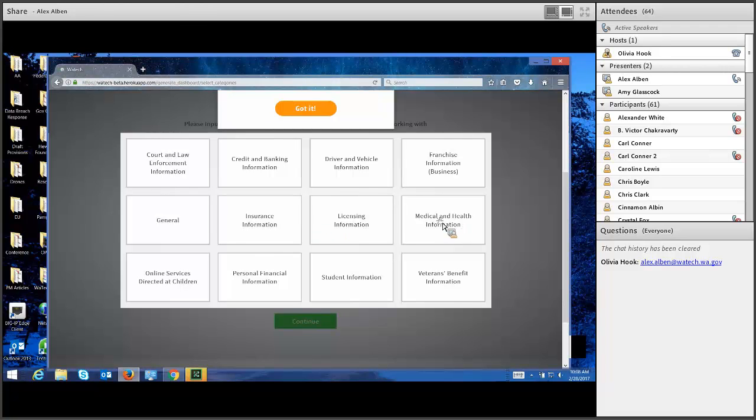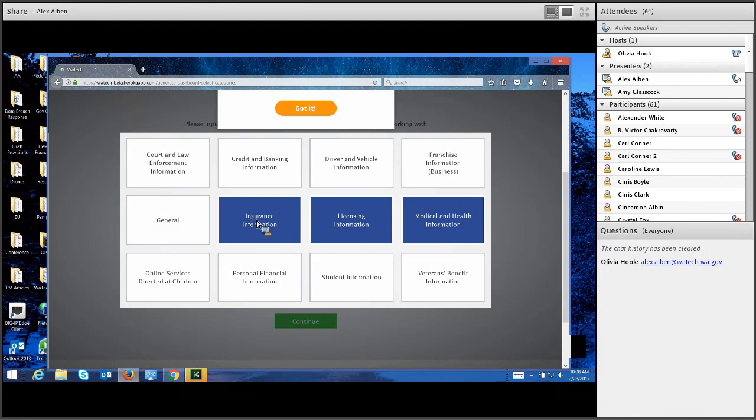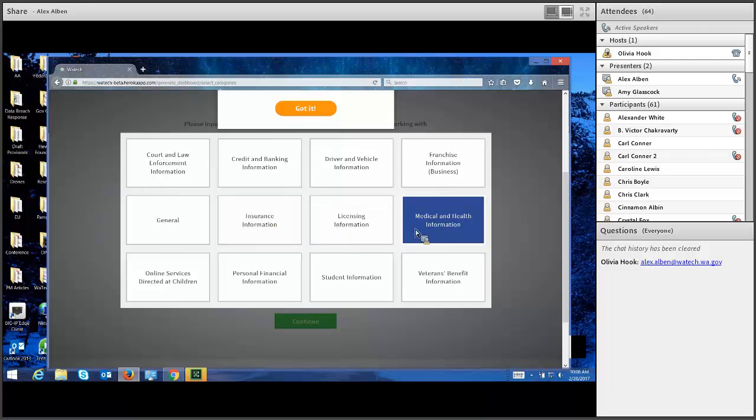You know, do you work in medical? Do you work in licensing? Do you work in insurance? Now you can click on any or all of these tiles. The product, I think, gives clearer results if you try to target certain kinds of organization and information. And the hypothetical that I like to pose is, if you're working in state government and you're working in healthcare, you know about HIPAA. This tool is not designed for you.